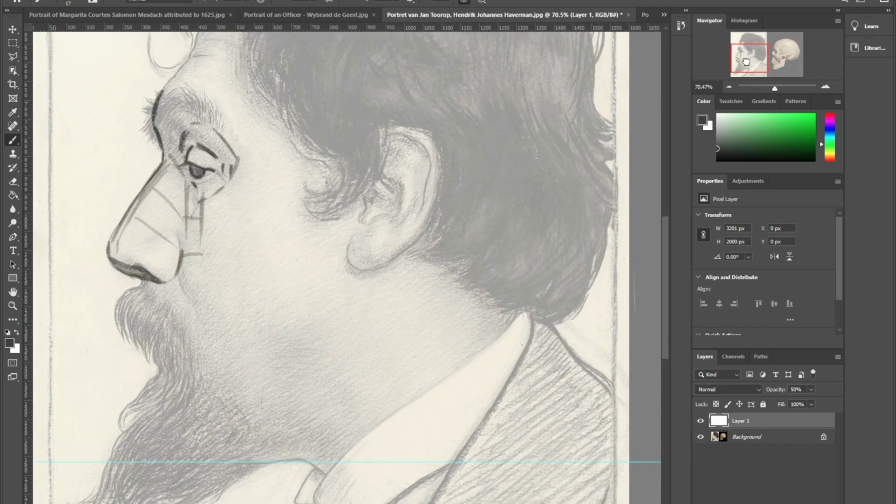This guy's probably a terrible example of a mouth because he's got a moustache, but we'll go through him anyway. There is a slight suggestion. So we've got the bottom of his, so that's his bottom lip there. And we can make assumptions. So if you were drawing this, you would have to make assumptions about what's actually happening, like where do his lips sit. And we know that this is the top of the top lip